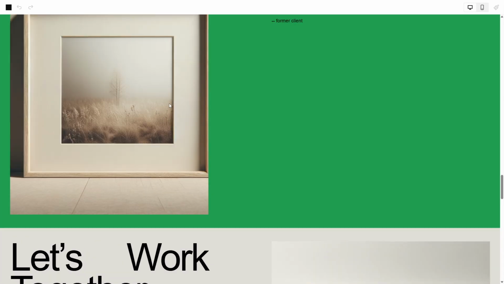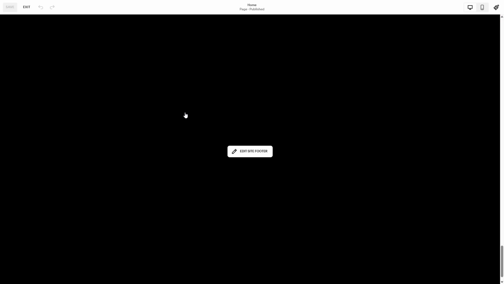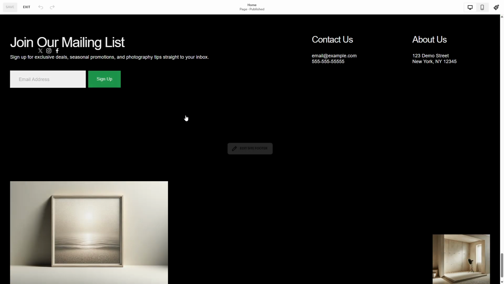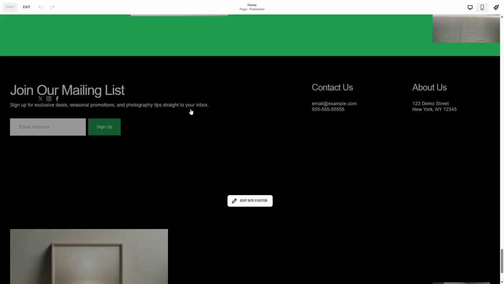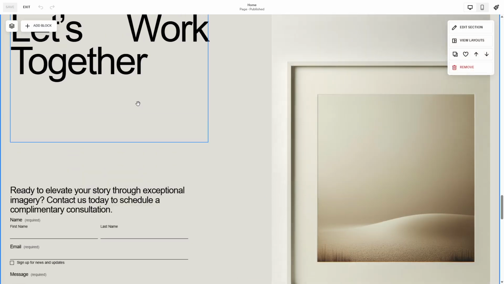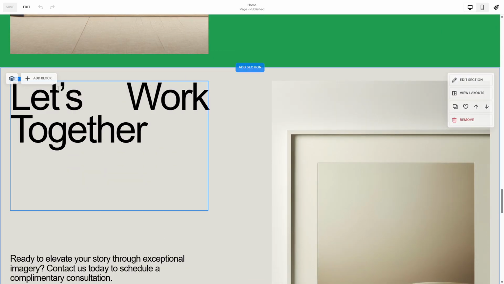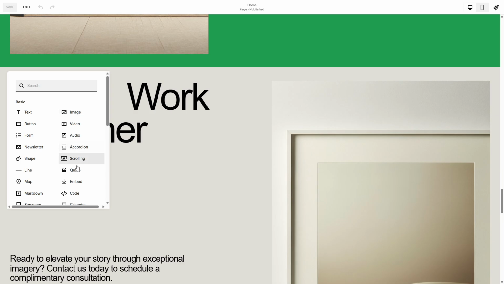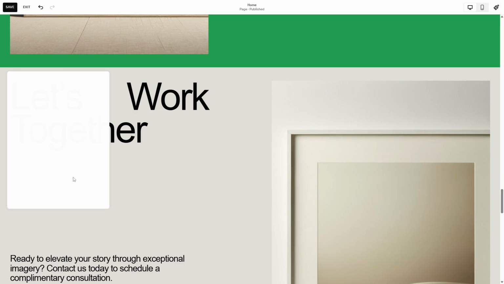Next, you'll want to add a code block. Look for the Add Block icon, click on it, and then select Code from the array of block options presented to you. In the content area of this new code block, paste the embed code you earlier copied from the third-party service. With the code in place, it's crucial to save what you've just added to ensure the new widget